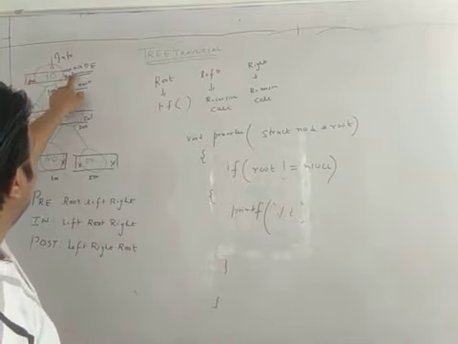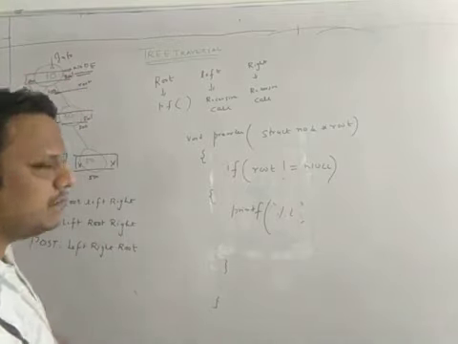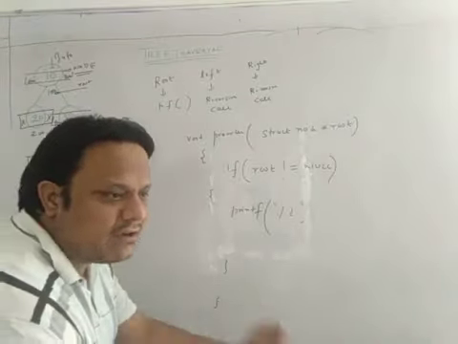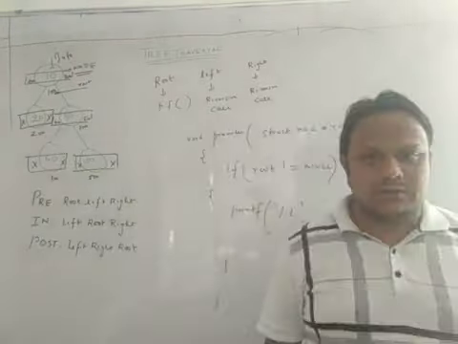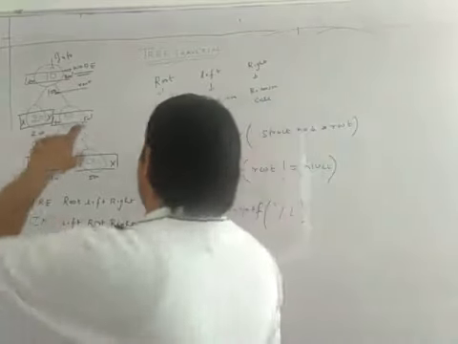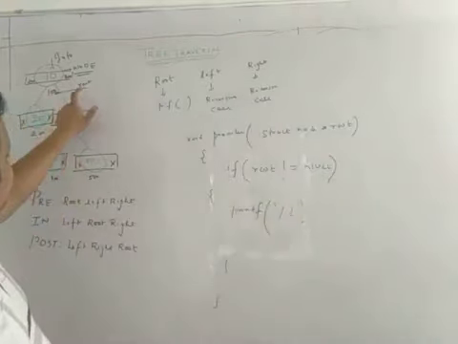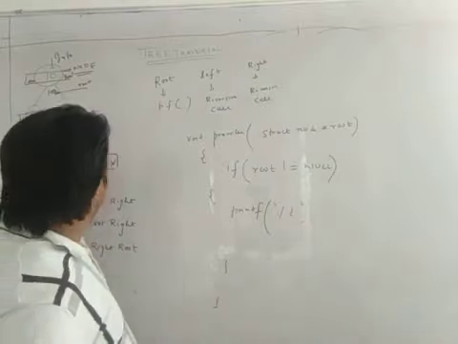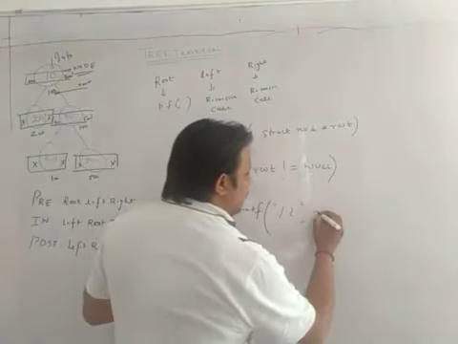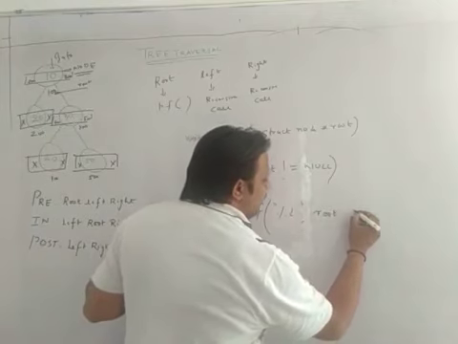Info is a member, right is a member, left is a member. So structure members you cannot access directly, right? Structure members can only be accessed by using your structure variable, and my structure variable here is root. So I'm going to access this 10, which is nothing but the info part of the structure, by using this variable root. So I will write root and info.